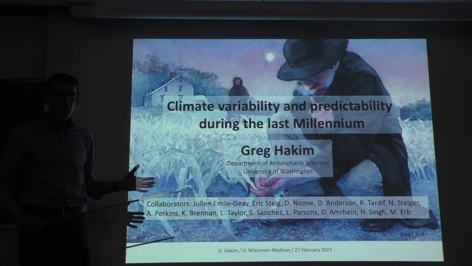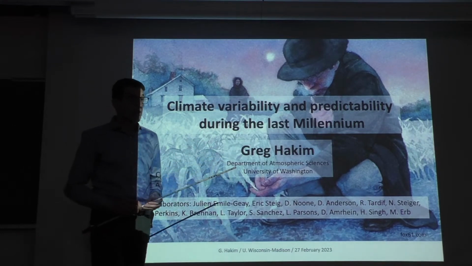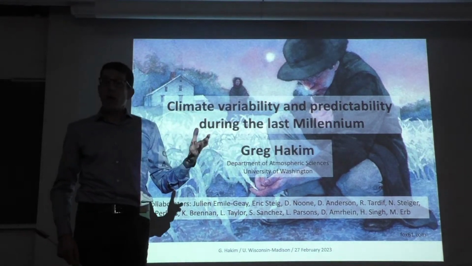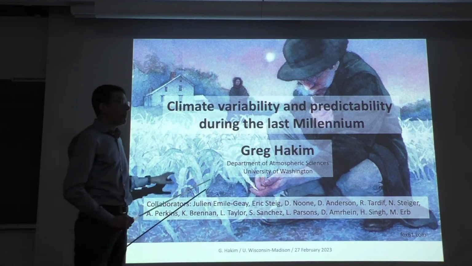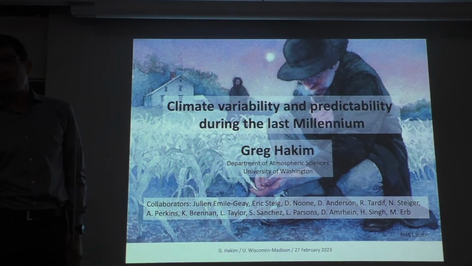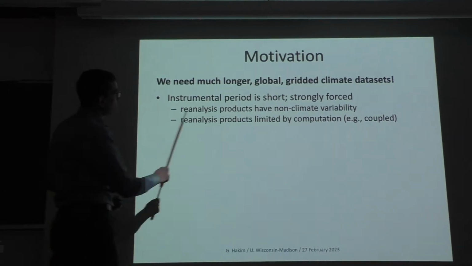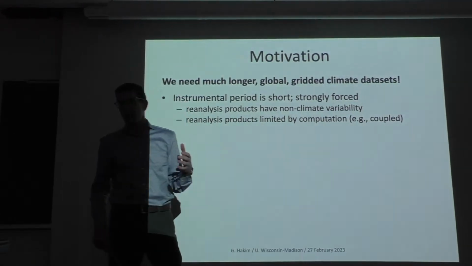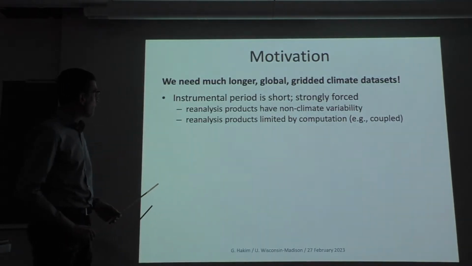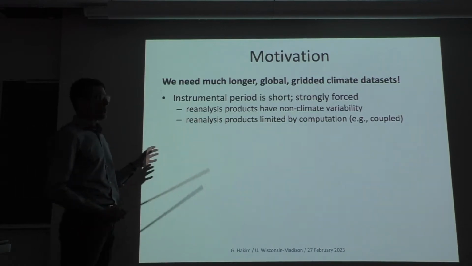And so the 2 things we can get out here, I'm going to show you can actually start to resolve the planetary scale circulation that occurred in this event year by year during that time from climate proxy records. And I think where we might be able to go is to start to talk about statistics of extreme weather events using those reconstructions. So the motivation is we need much longer global gridded climate data sets. That's kind of the shortest pitch I can give you for what I'm going to talk about in the first half of this talk. The instrumental period is short, it's strongly forced, and